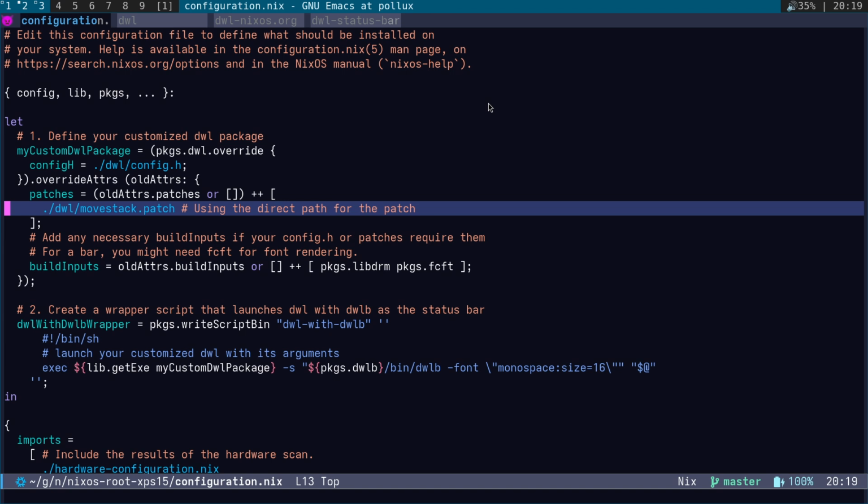Now you can apply one patch and it will work, but if you've used DWL, you know that if you try applying multiple patches to a file, you'll get issues because the line numbers will be out of sync, and so it won't work. So although in the example, in the documentation, it does actually show using this with multiple patches, in practice I found that it didn't work. So what you will actually have to do is,